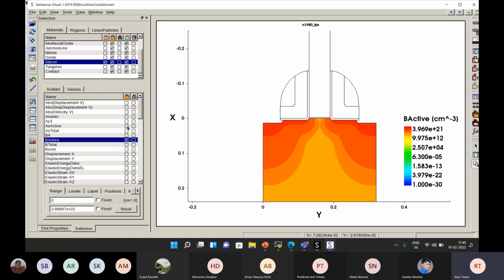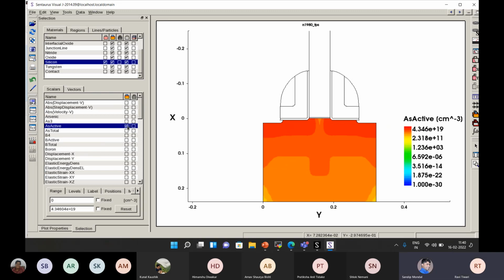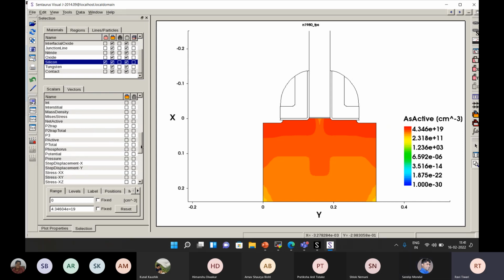And if I select the arsenic, you can see the concentration is somewhat in the channel. So like this, you can select the doping concentrations, or you can select the fields. And if you want to see the... okay, let me deselect it. It's somewhat slow. If I go back to my net active concentration,